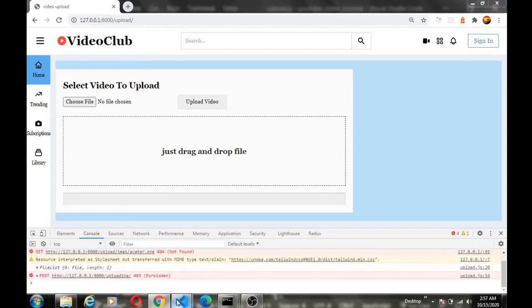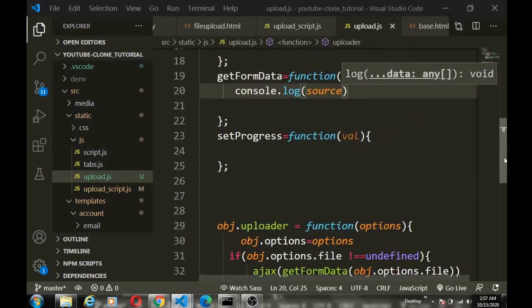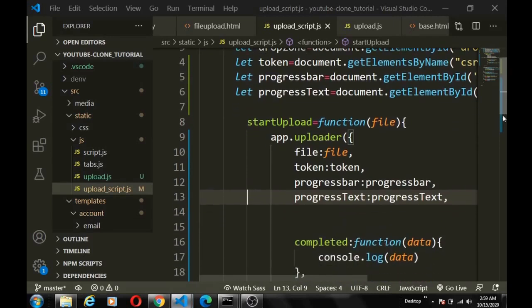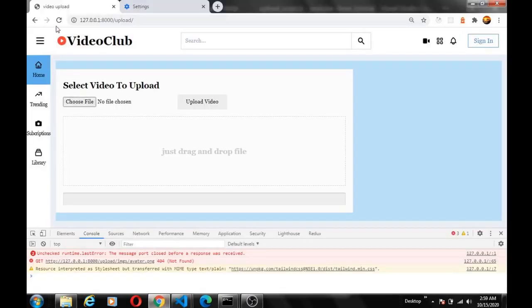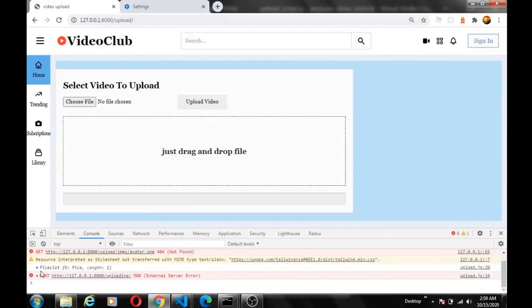Alright, that's working. So let me quickly check the reason why we are still getting that CSRF token error. Alright, there's no error. I just cleared my browser cache, and I think it should work now. So if we refresh now, there's no error. I just had to clear the browser cache. Okay, if we drag and drop again, you see we are getting our file,